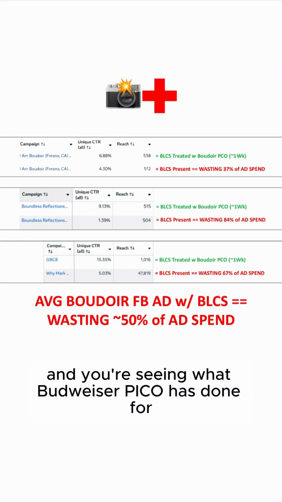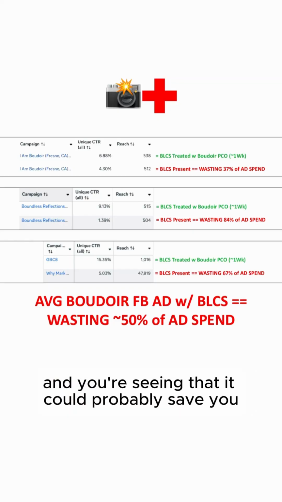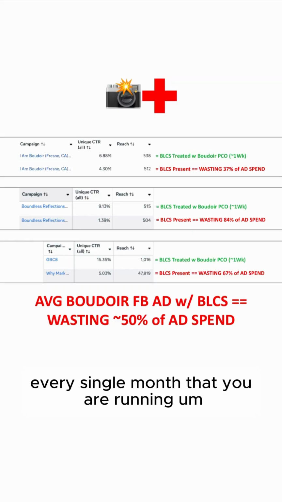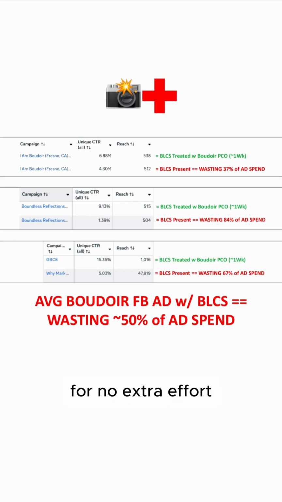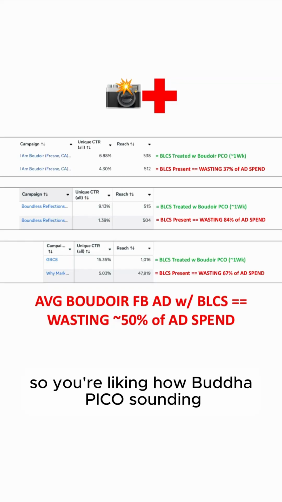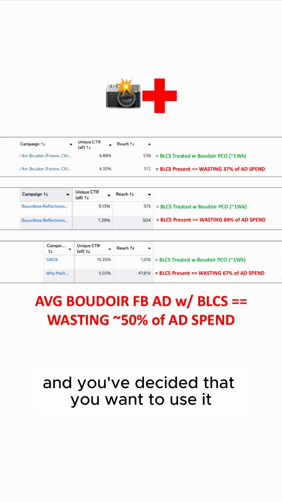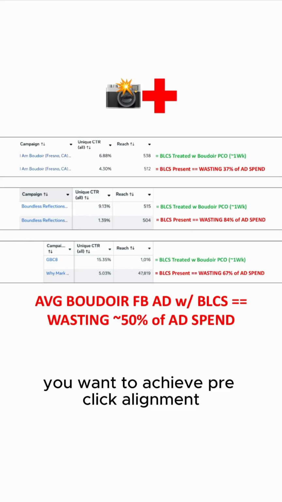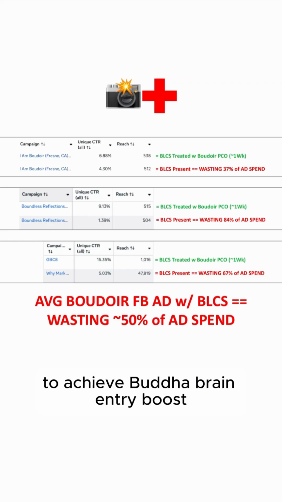And you're seeing what Boudoir Pico has done for other Boudoir Facebook ads, and you're seeing that you'd probably put back in your pocket approximately 5K every single month that you are running your Boudoir Facebook ads. So at the end of 12 months, it'll be approximately 60K back in your pocket for no extra effort. So you're liking how Boudoir Pico is sounding, and you've decided that you want this treatment, because you want to achieve pre-click alignment, PCA, to become a dominant boudoir advertiser, to achieve boudoir brain entry boost,